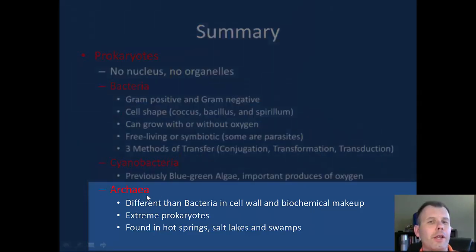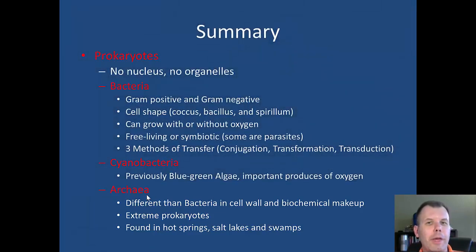And then the last group are the Archaea. These are in their own domain, and again, they're different in the cell wall and biochemical makeup. They're actually more closely related to the eukarya. We find them in the extreme environments. We call these the extreme prokaryotes, and again, they're found in hot springs, salt lakes, swamps. Sometimes you see them in deep thermal vents or volcanoes, and really in the most inhospitable environments, you're going to find these things. And so, again, when we look for extraterrestrial life on other planets, I bet we'll find these guys first over anything else, because these things can live in many different environments that we don't think anything could actually live. Okay, so we've come to the end of this survey of prokaryotes.